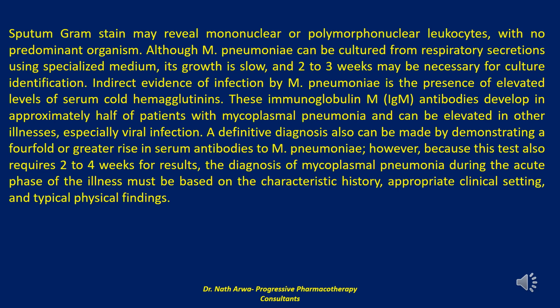Indirect evidence of infection by Mycoplasma pneumoniae is the presence of elevated levels of serum cold hemagglutinins. These immunoglobulin M (IgM) antibodies develop in approximately half of patients with mycoplasmal pneumonia and can be elevated in other illnesses, especially viral infection. A definitive diagnosis also can be made by demonstrating a fourfold or greater rise in serum antibodies to Mycoplasma pneumoniae. However, because this test also requires 2 to 4 weeks for results,